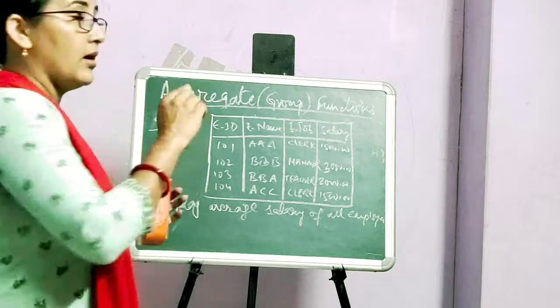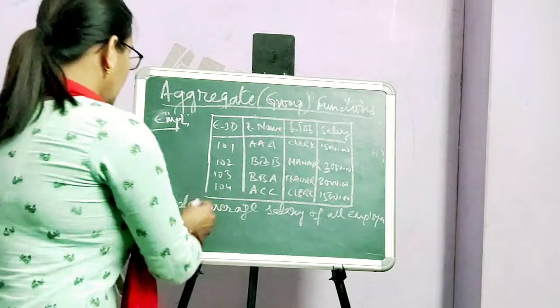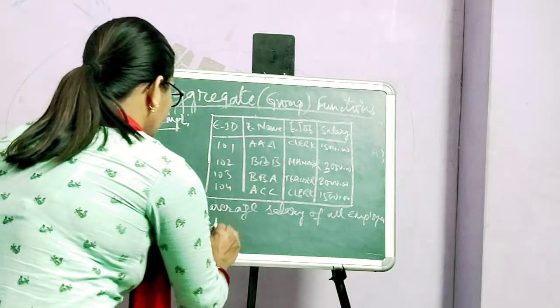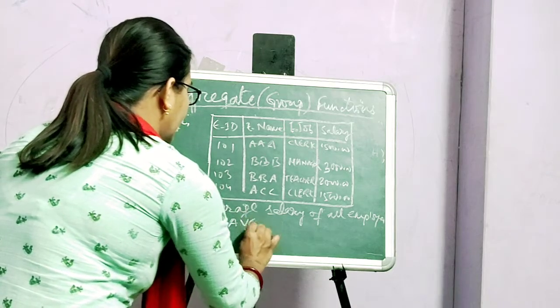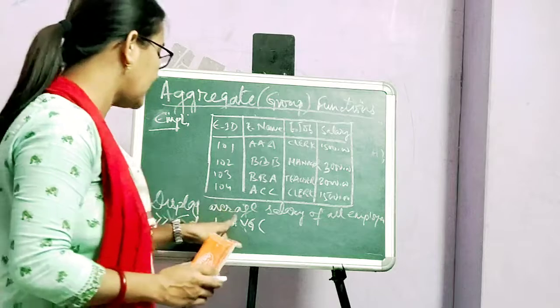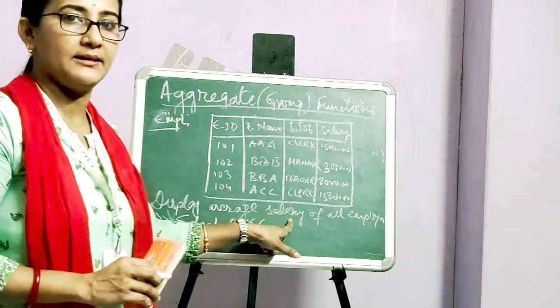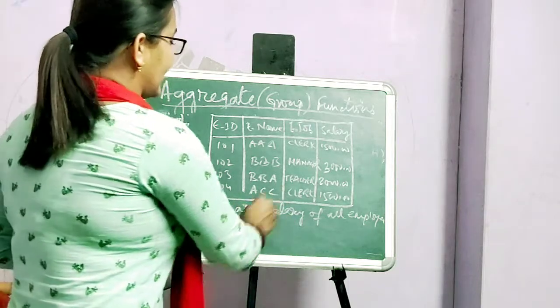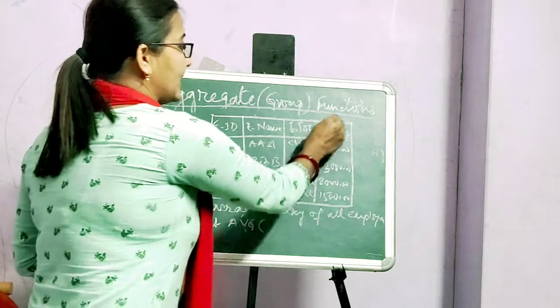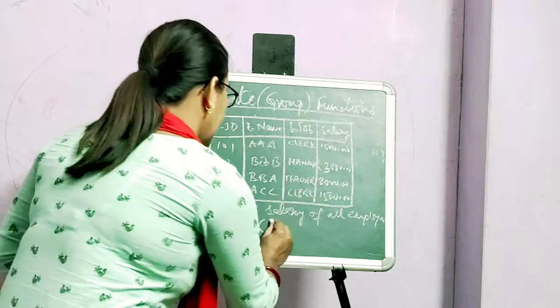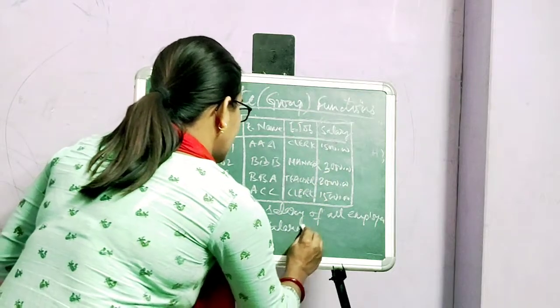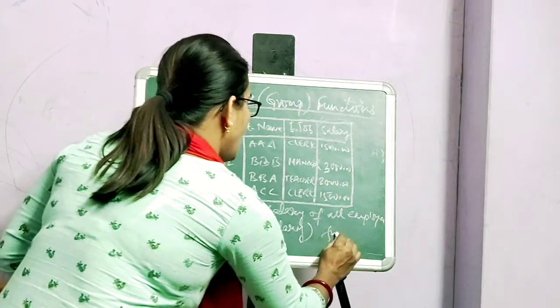Based on a MySQL query, we will write select AVG, then in brackets the column whose average has been asked. In brackets, whatever name you have taken in the table, if you have taken salary, then here you write salary, from